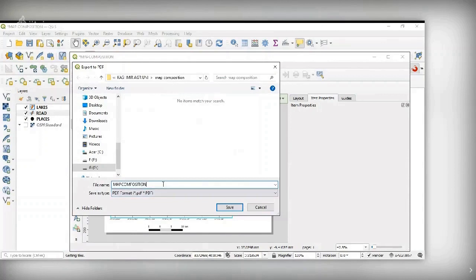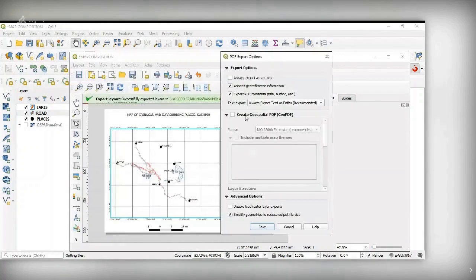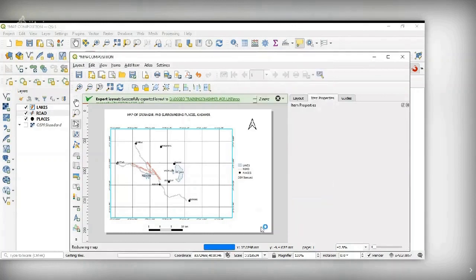So you have both the options to export whatever is visible on this map window, to PDF or JPEG. So go to the layout, export it as image, export image.